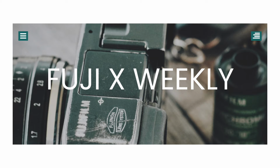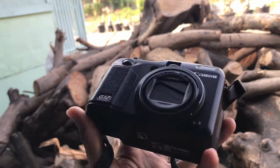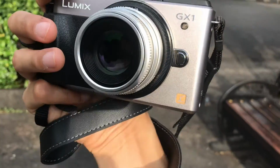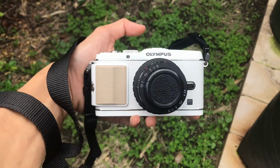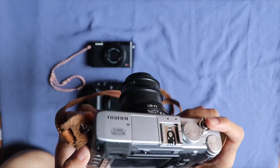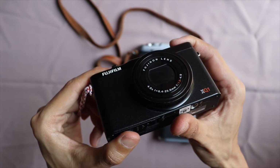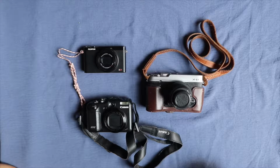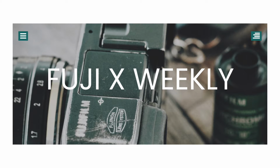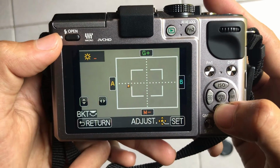The question is, can you use Fuji X Weekly's film simulation recipes on non-Fujifilm cameras? The answer is no and yes. No, because the settings on Fuji Weekly's recipe are specifically for Fujifilm cameras, even for specific series of Fujifilm cameras. But yes, because apparently you can use Fuji X Weekly's film simulation recipes as starting points to transfer them to